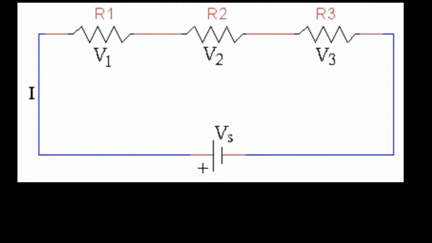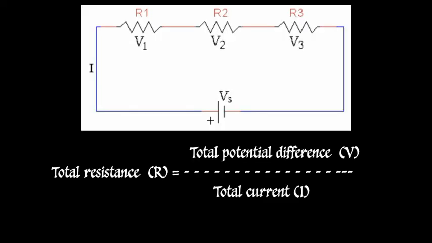Just for simplicity, we are considering a series combination of three resistors R1, R2 and R3. R1 is the resistance of the first resistor, R2 is the resistance of the second one and R3 is the resistance of the third one. These three resistors are connected in series, a chain-like arrangement. Then in order to obtain the resultant resistance, we have to consider the total current and